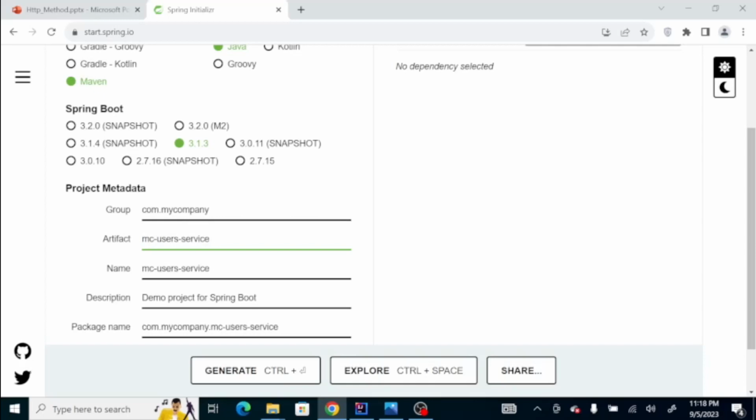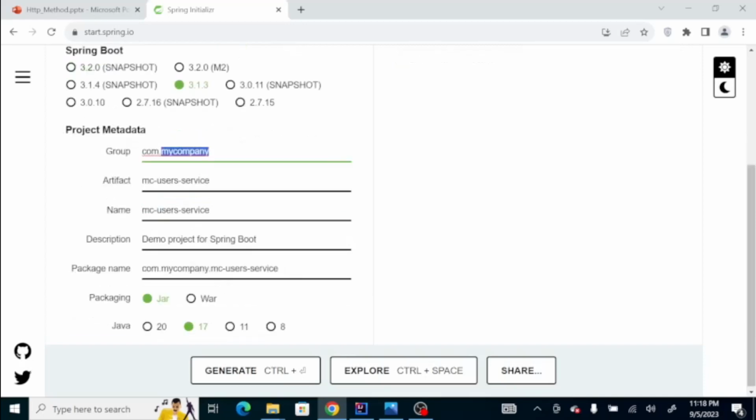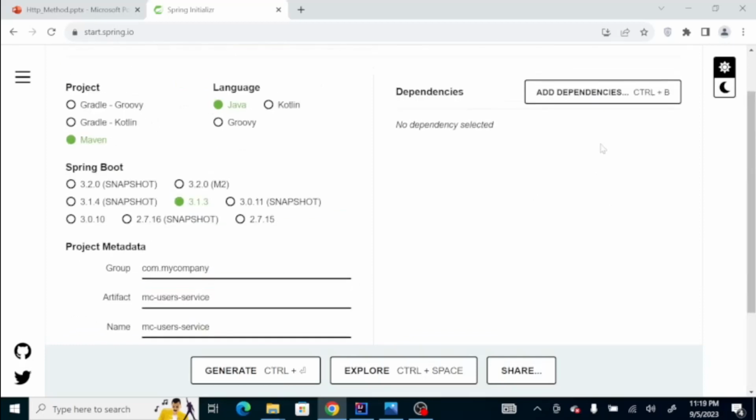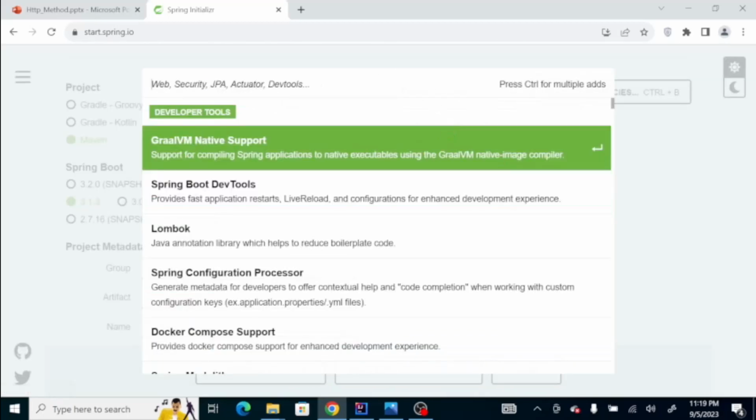The prefix MC here is just a prefix for my company. Then package name, jar, and then the version. So let's then add our basic dependency, which is the web,